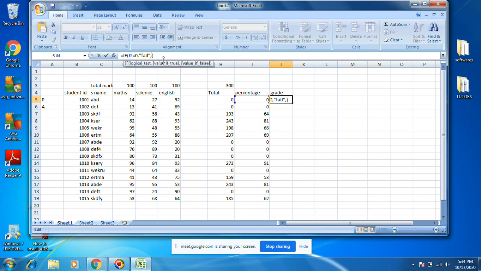Next if, another if, we need to put two brackets and then under middle. Again I5 less than 60, then what shall we do? We need to print the pass, comma.